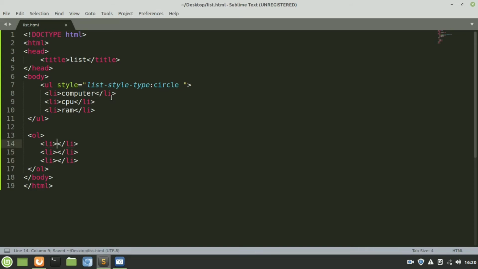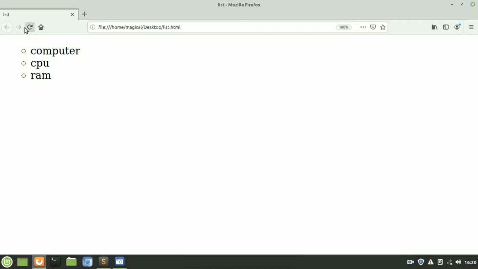Again write computer, CPU, RAM. To see the result, save it, open your browser and refresh the page. Now you can see the computer, CPU, RAM list comes in a numbering pattern, 1, 2, 3. So this is an ordered list.